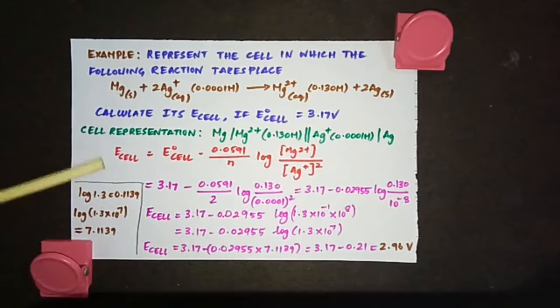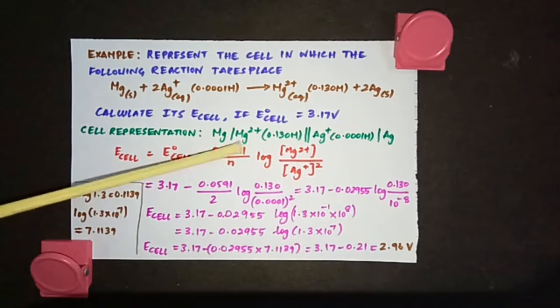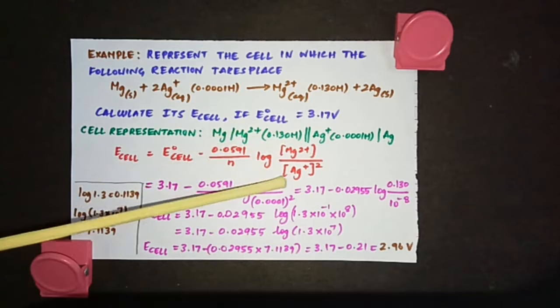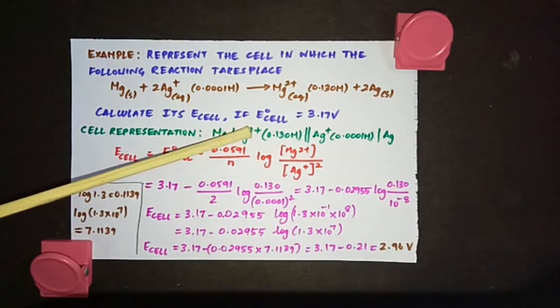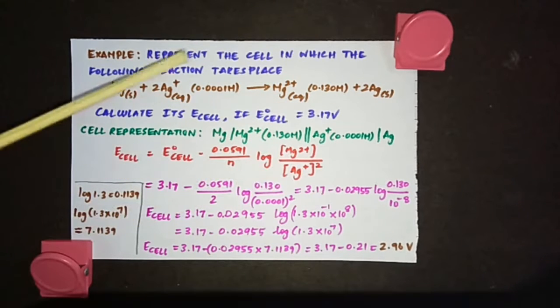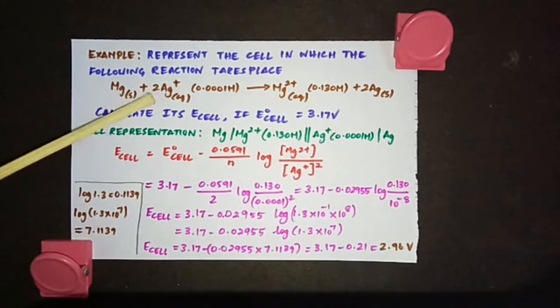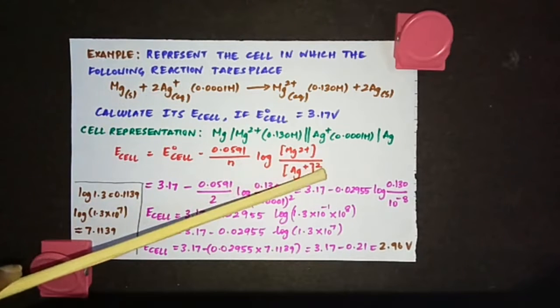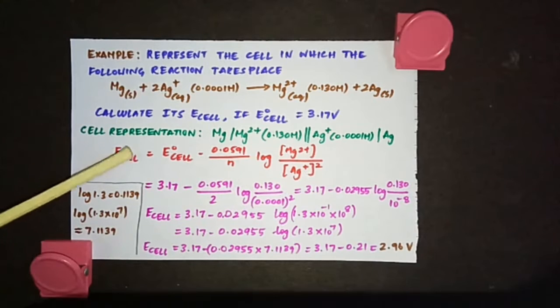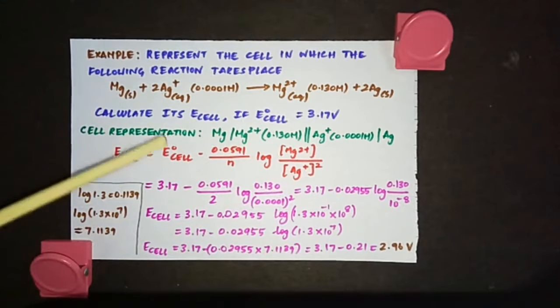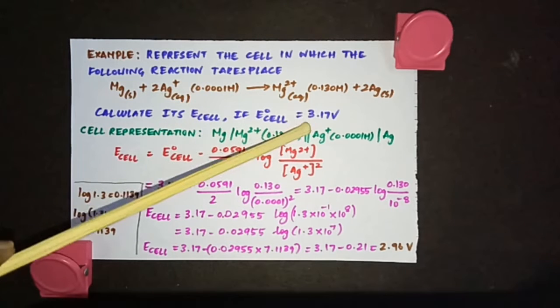Now apply the Nernst equation. So we have to write according to the Nernst equation, E cell is equal to E naught cell minus 0.0591 by n log concentration of anode ions by cathode ions. See, this is anode Mg2+, cathode Ag+. If you have any coefficients here, you have to put it in the power. See here, 2 Ag+, so put square. And now what is the E cell value? You're going to use this formula to find out the E cell value. What is the E naught cell value, which is already given?